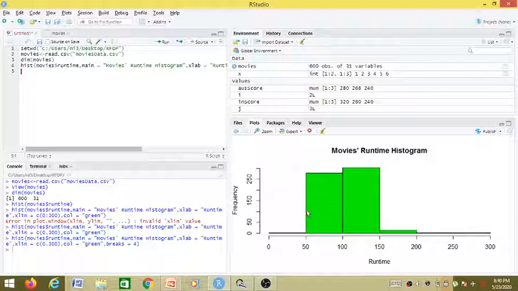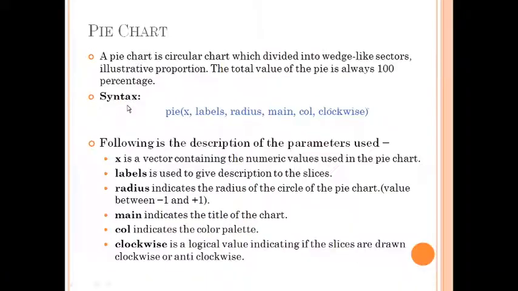We can limit that using the breaks parameter inside the histogram function hist. Still, it is showing that most of the movies have runtime ranging from 50 to 150, that is nearly about 100. So it's not changing the perception from that particular data visualization, but it is more understandable, more elaborative. And it is very useful to have breaks when you have a considerable number of outliers in your data. So this is the histogram function. And now we'll see